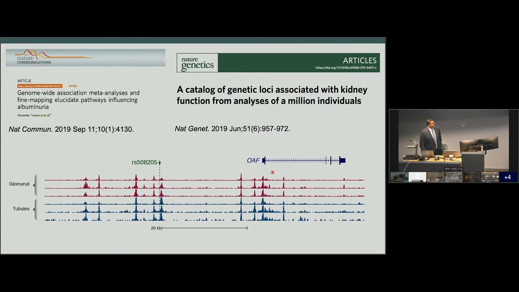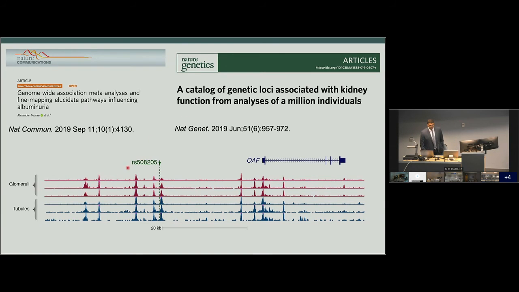Now, this has really opened up the GWAS field, and more and more people in this field are using these maps and identifying that these SNPs, which they hadn't seen before, now fall into kidney-specific maps, which were not available. So here are a couple of papers that we contributed to recently.